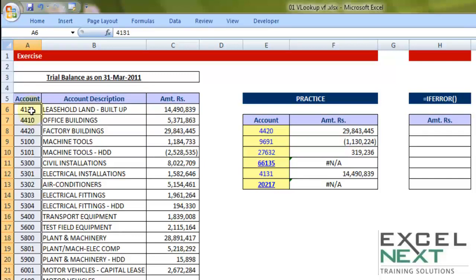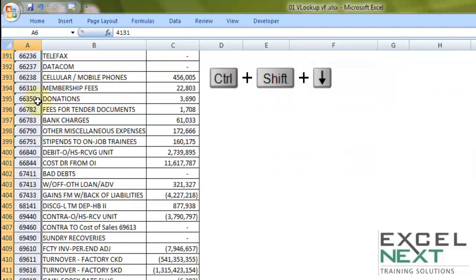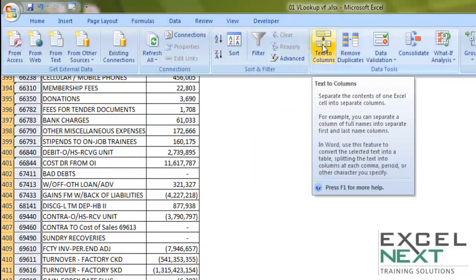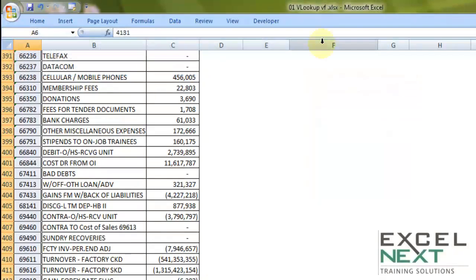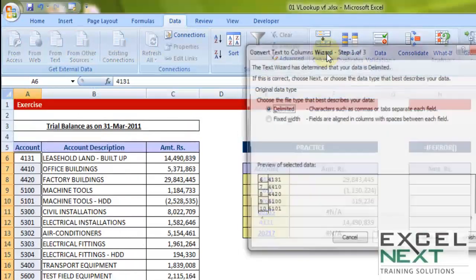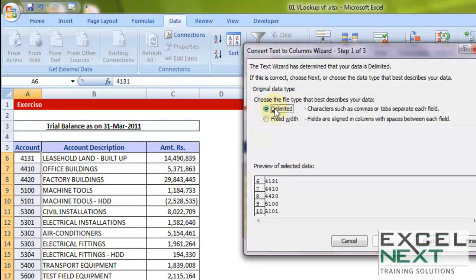Let me show you. Let me select 4131. Let me press Shift Control Down and choose all the account codes in one go. Let me go to Data. Let me click on Text to Columns. Let me double click on the tab to make it permanently visible. Now let me go to Text to Columns, Delimited.